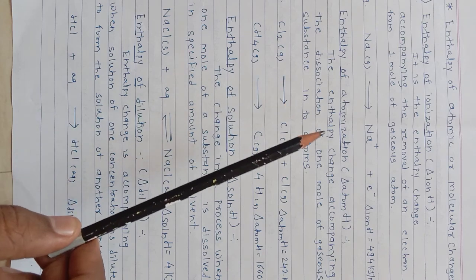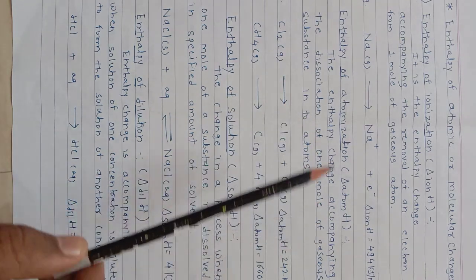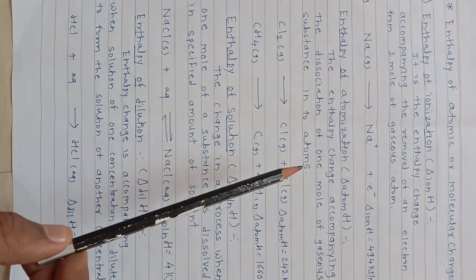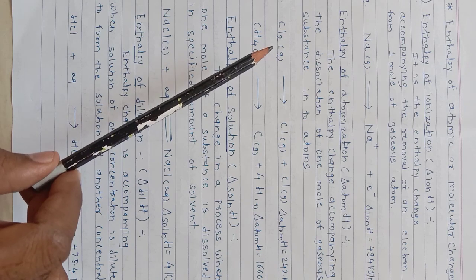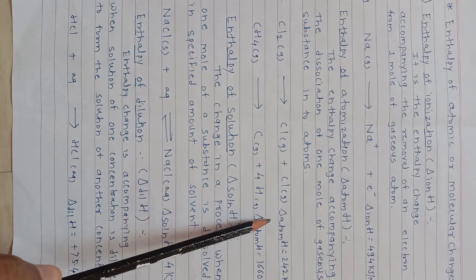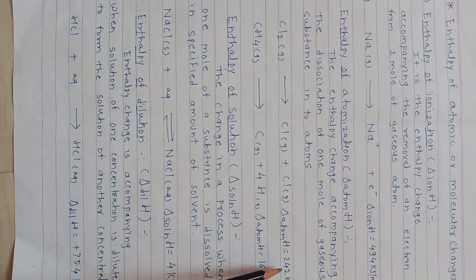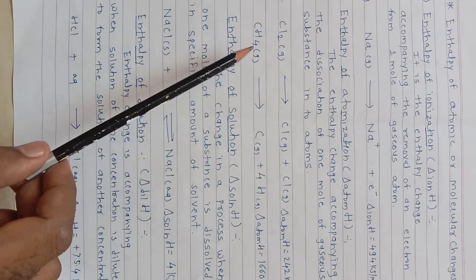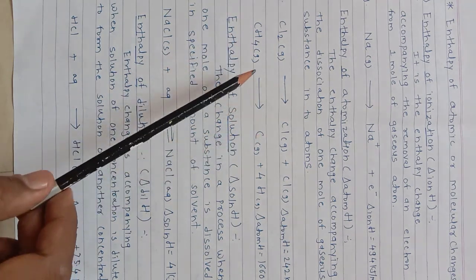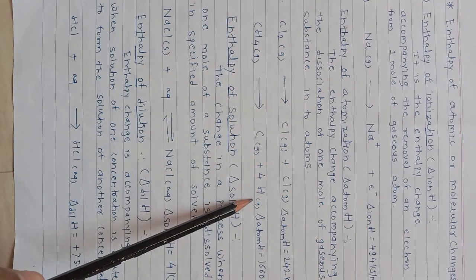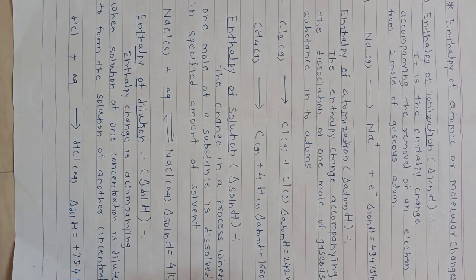That is the difference. The enthalpy change is accompanied by the dissociation of one mole of gaseous substance into atoms. Here the gaseous substance is dissociated: Cl2 gets converted into Cl gas plus Cl gas. Delta atomization is 242 kilojoule per mole. One more example, CH4. In that, one carbon and four hydrogen are dissociated, separated from each other. Delta atomization H requires